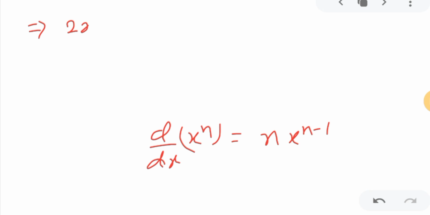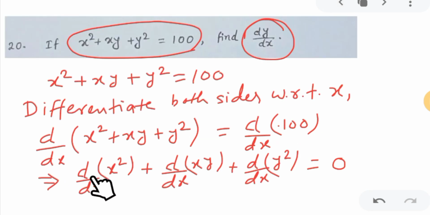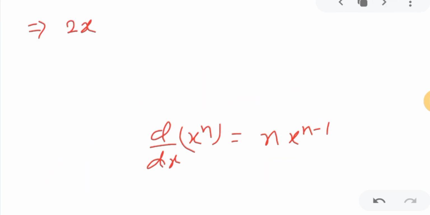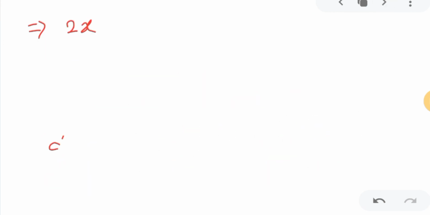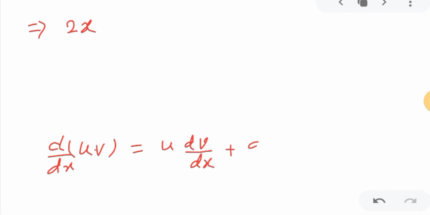So I will write directly the derivative of x square as 2x, and then the derivative of x into y. Here I will use the u into v formula. What is the u into v formula? I am revising one more time for you people: for u into v, where u and v are functions of x, the derivative is u as it is times the derivative of v, plus the derivative of u times v as it is, correct. Simple: first function as it is, derivative of second function, plus second function as it is, derivative of first function.